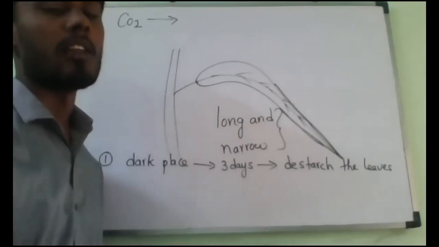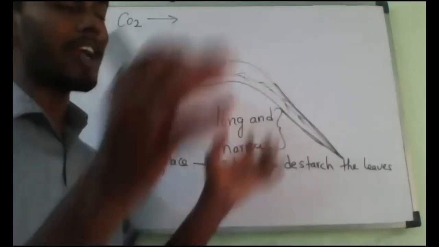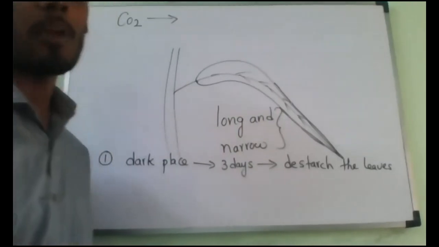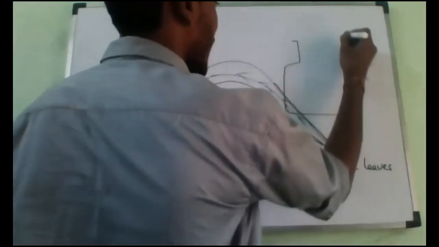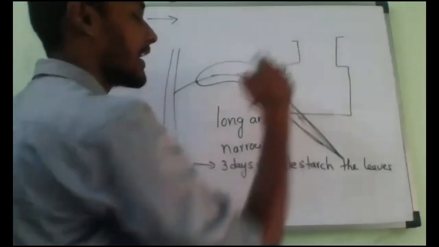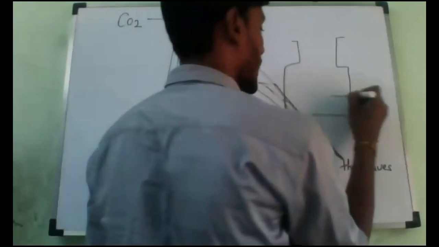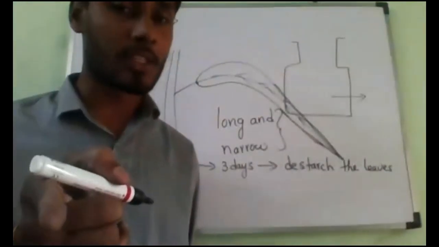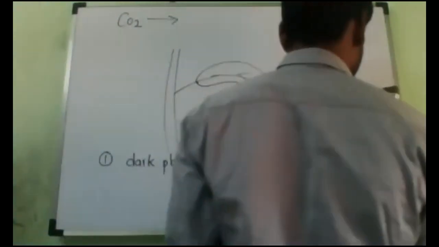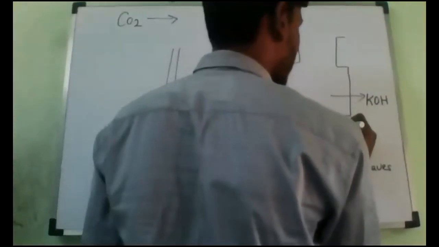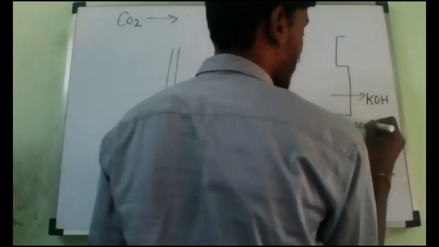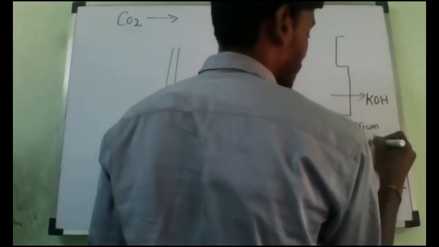So the glass bottle which has a very, very wide mouth, and put some potassium hydroxide solution. I have to take a glass bottle which has a very wide mouth and keep potassium hydroxide in it. What is the formula of potassium hydroxide? Let me see who will say first. Potassium hydroxide.